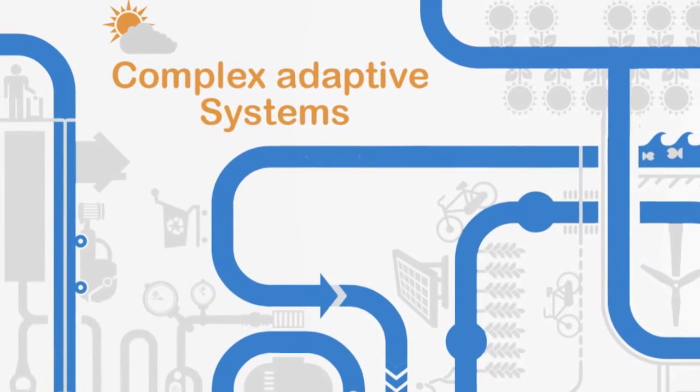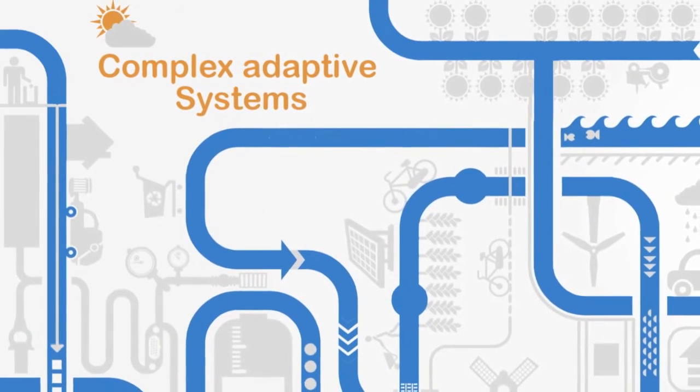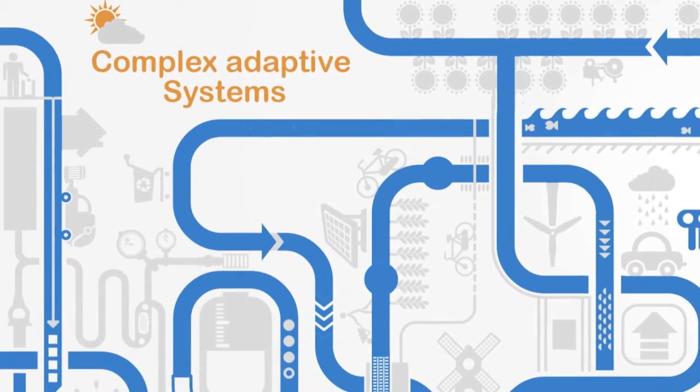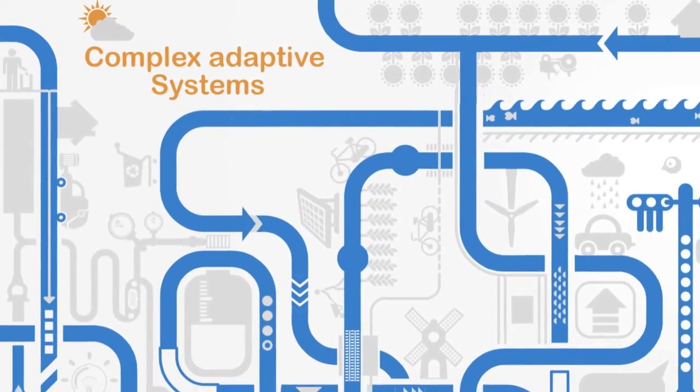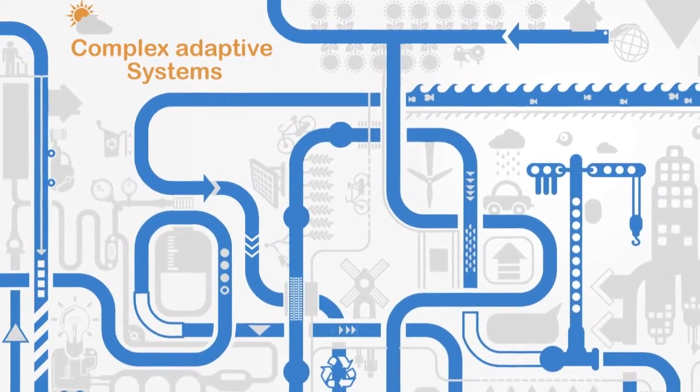Complex adaptive systems and their friend cybernetics are more than just the study of how birds flock or thermostats work. They are a whole new paradigm with which to understand and model the complex set of interconnected feedback loops that make up the natural, social, and technological world we live in.